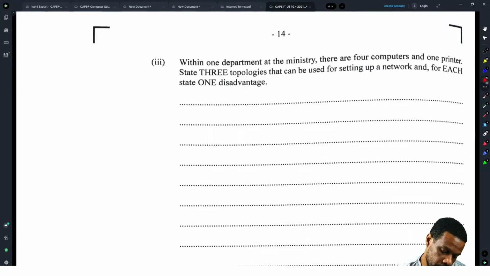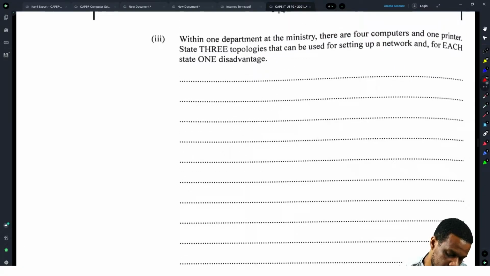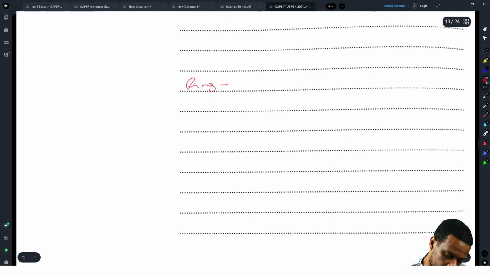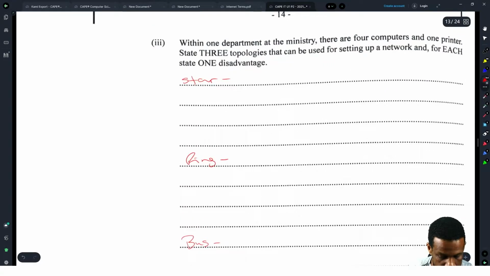Within one department at the ministry, there are 4 computers and 1 printer. State 3 topologies that could be used for setting up a network, and for each one a disadvantage. 6 marks. Alright, so star, ring, and bus. Star,